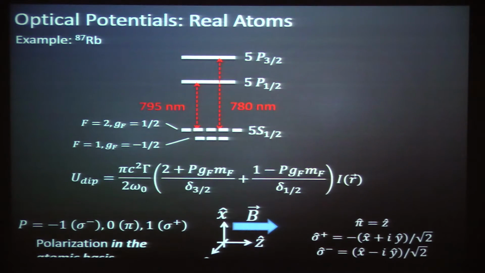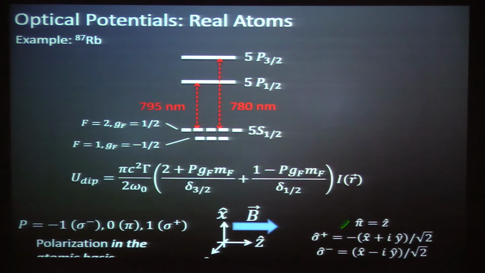So one thing you'll notice about this is that there's some tricky things to do. First of all, if the light is very far detuned compared to these transitions, then these two detunings are the same, and this polarization dependence and MF dependence cancels away. Okay, but if you're not too far detuned, then this polarization and MF dependence can be maintained and used. And what that means is necessarily the reason not a lot of people have done these experiments is because there's going to be more light scattering or spontaneous scattering from these excited states because you're not too far detuned from them. But that's okay. People can still do things.